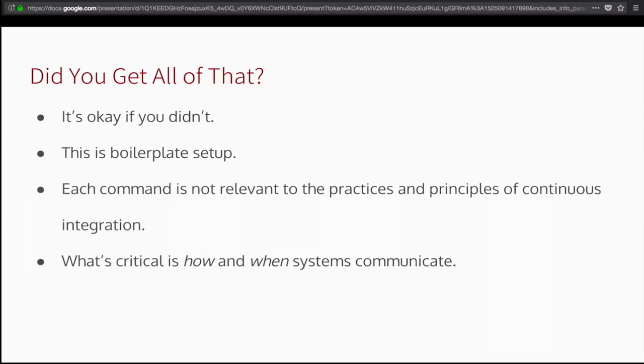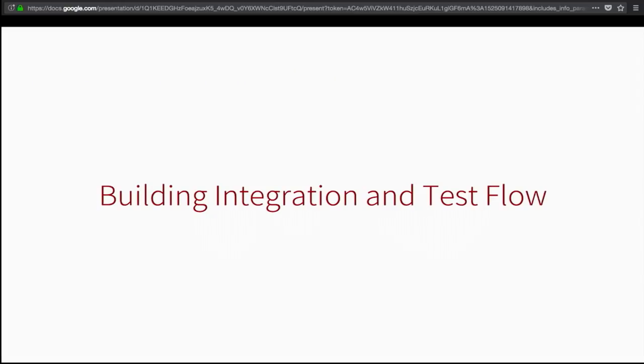So these are things you can walk through on your own, concrete steps that you can use to start setting up a CI workflow. And what's critical here is the understanding that we take away of how these systems are connecting to one another. We've got multiple systems in the cloud. We've got our VCS that's talking to our continuous integration provider that's talking to Salesforce. And what we've done here is basically just made that possible without any human intervention. So the next piece we need to build, once we can get those foundations out of the way, get a scratch org ready, is we're going to build the actual test flow that will be used by our continuous integration provider to grab all that code and metadata, run all of our tests, and then report back to us on what happened.